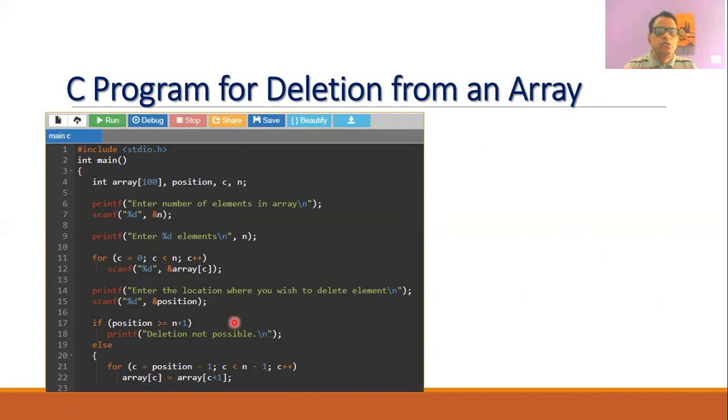If this position is out of scope, meaning it is greater than or equal to n plus 1, then we will display the message that deletion is not possible.